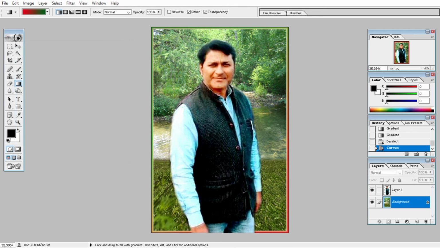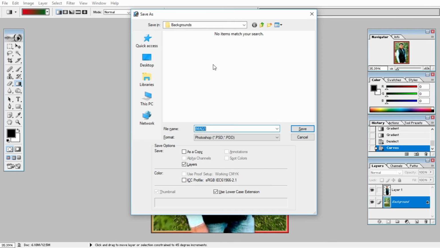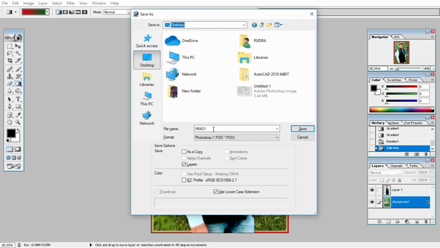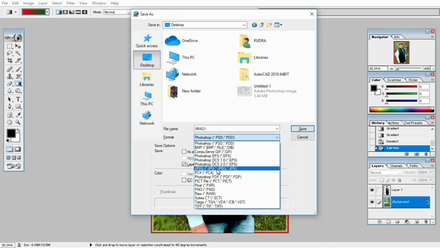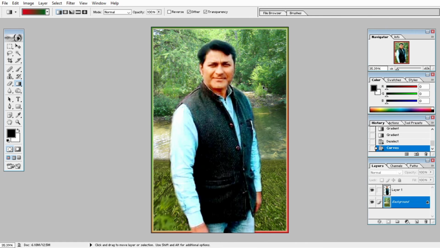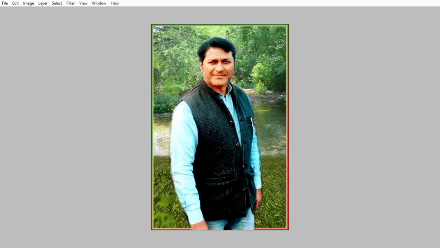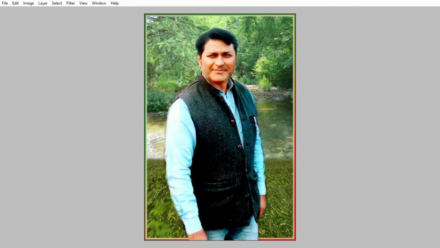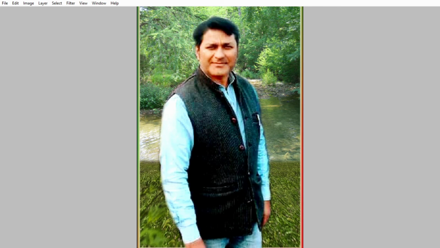And this is the art which I know, and you might have loved my skill of editing in Photoshop. Okay, there are a lot more effects which we might use in future. Control Shift S. Now save it on desktop, Image 1, in JPG format. If you save it in PSD format, that means you have the option to edit it again, isn't it? Control 0, Tab. This is the full screen image.